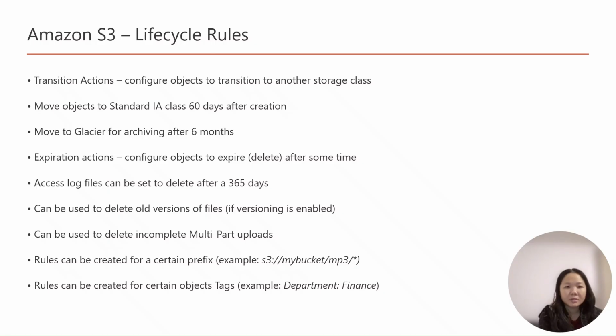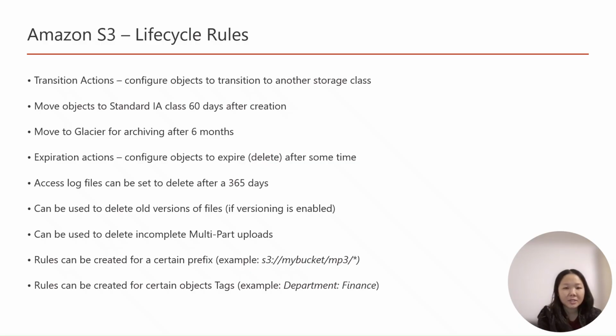Lifecycle rule. Transition action: configure objects to transition to another storage class. Move objects to the Standard IA class 60 days after creation. Move to Glacier for archiving after 6 months. Expiration action: